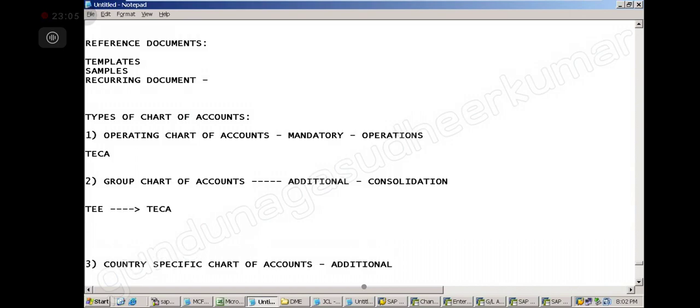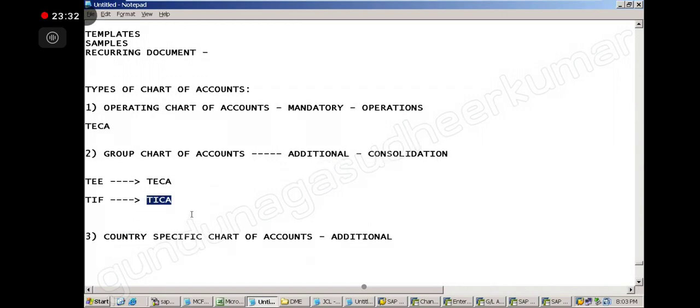Then I have one more company code, TIF, for which I created a TICA chart of accounts. For each company code I am using its own chart of accounts. Now I want to see the group accounts. I want to consolidate the accounts.